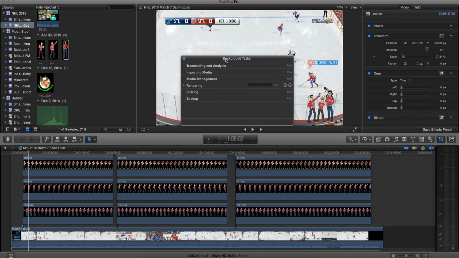What it does is whenever you're not doing anything, it's gonna start rendering or transcoding or managing anything that it should be doing, so it helps you edit faster. But the thing is, if you're doing too much stuff at the same time, it's gonna start slowing down your computer because it's just pushing. It wants to get things done, so it's trying to help you,